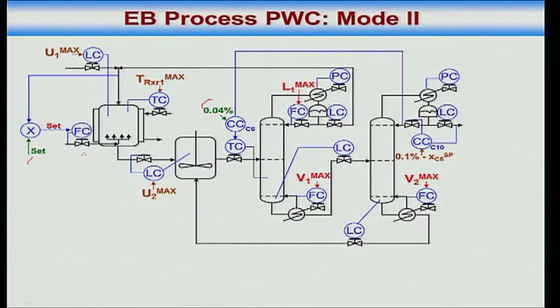Now a problem remains here, in the sense that I am setting the ethylene independent of, there is a problem in this control structure. What is the problem? And I have already described the problem. What did I take out? I took out the temperature controller. What was the temperature controller supposed to do? Ensure that if you are producing more ethyl benzene in the reactor and you are limited by V2 max, you cannot boil it off, it will accumulate in the DEB recycle loop. To prevent that, I had put that temperature controller. Now I have taken that temperature controller out. Now this problem exists. So what will we do?